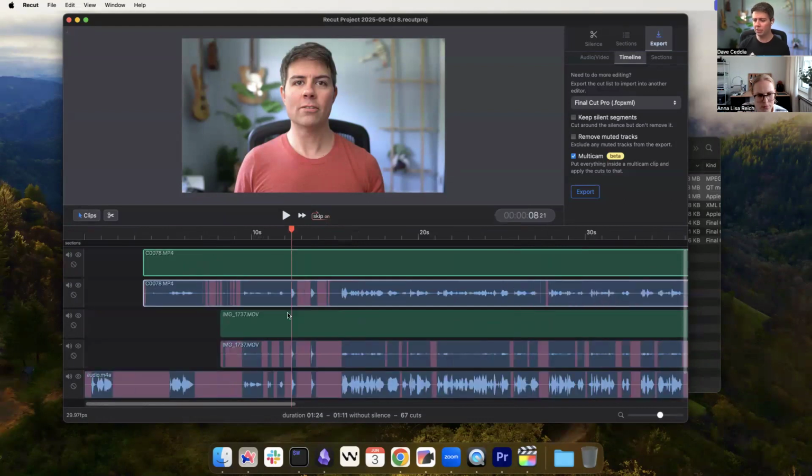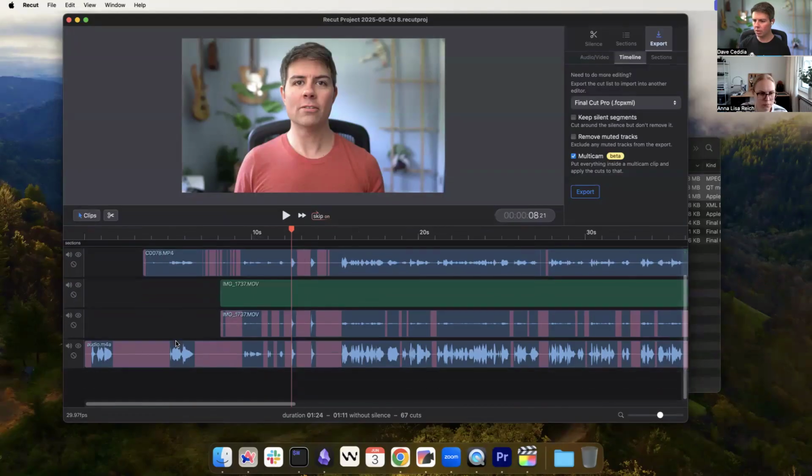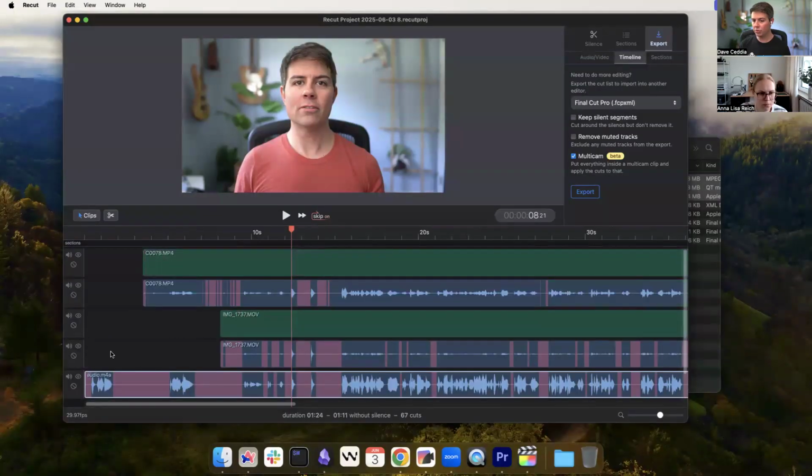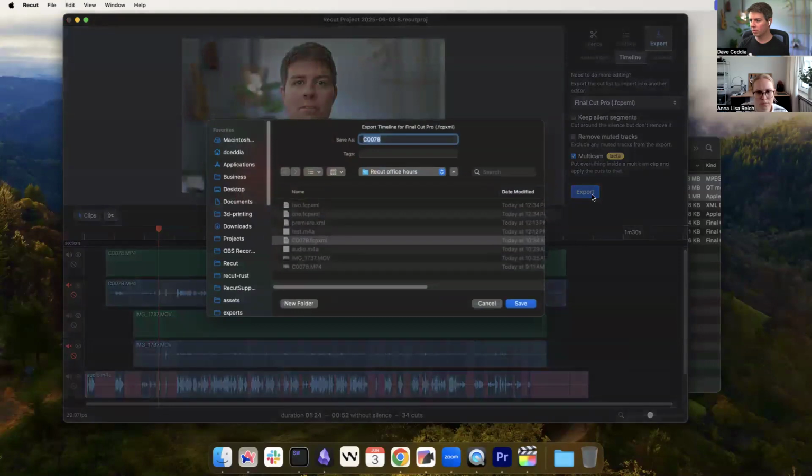As I mentioned earlier, that's another thing I wanted to try to fix, but right now everything snaps to video frames. So once you've got these 3 things lined up, probably the best thing to do is to mute and ignore the tracks that are not your primary audio. So if your microphone is, say, this one down here, you can mute and ignore the other 2. And then when you go to export and timeline Final Cut Pro, check this multicam beta box here, hit export,